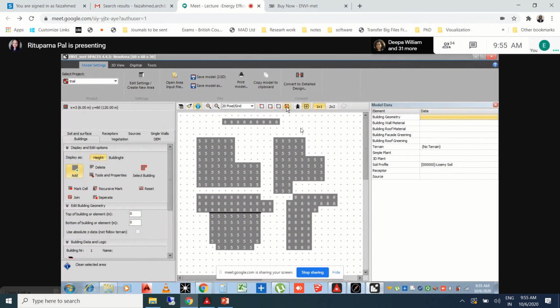These are basically the markers which help you select a part of your model and either delete or join or do something. We don't need all these things. So we click the starting of this marker. It has already been selected.